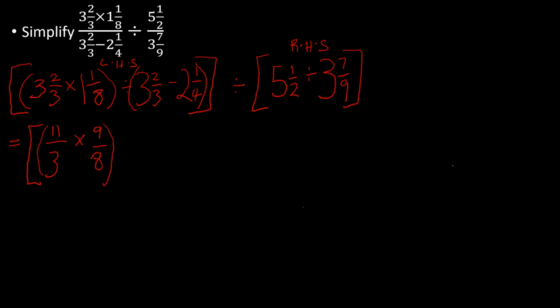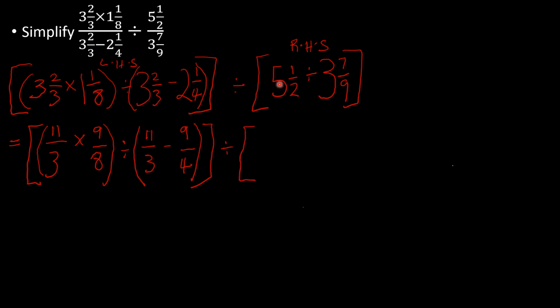So we have, this has been divided by, we have 3 times 3 is 9 plus 2, that's 11 over 3. So we have 11 over 3 minus, we have 2 times 4 is 8 plus 1, and that's 9, minus 9 over 4. And we have done that, so we'll move on to the right hand side, and now